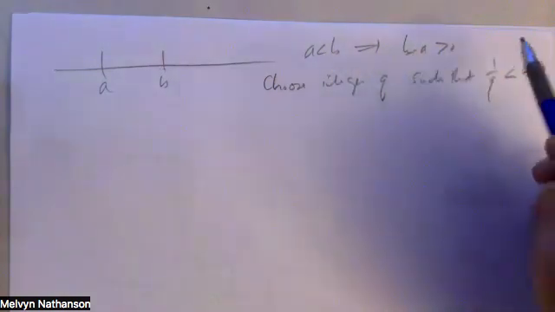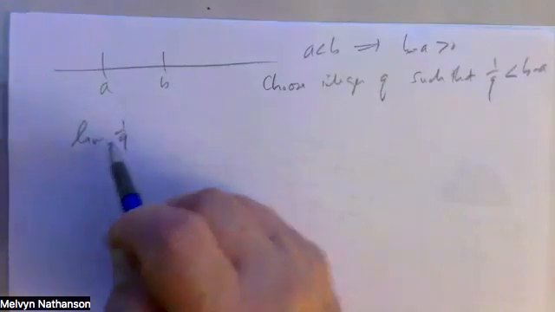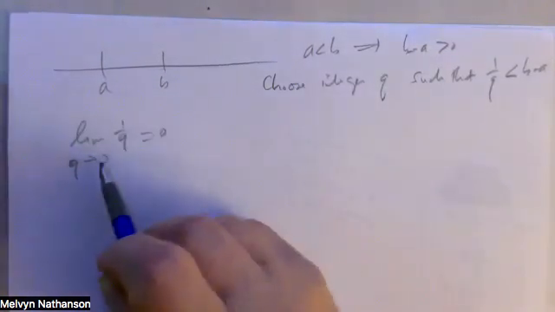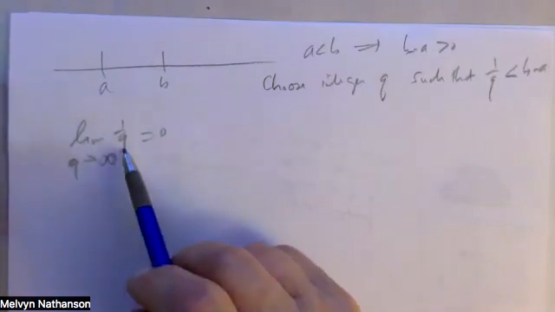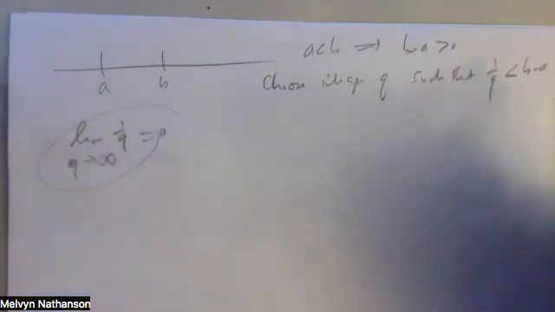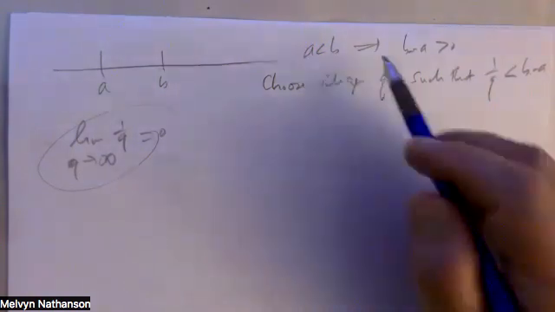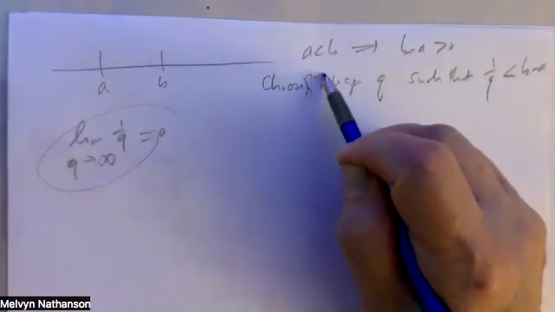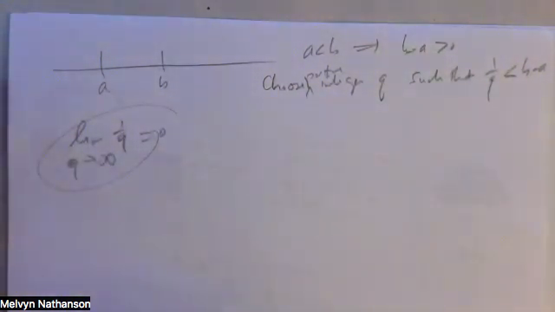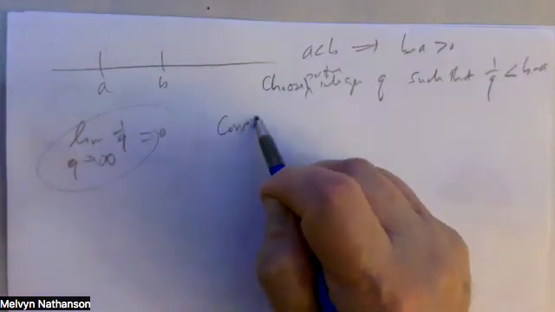Because we know that the sequence 1 over Q, as Q goes to infinity, goes to 0. Because 1, a half, a third, a fourth, and so forth, these numbers go to 0. So if B minus A is bigger than 0, you can always find a positive integer Q where 1 over Q is less than B minus A. So consider the fractions